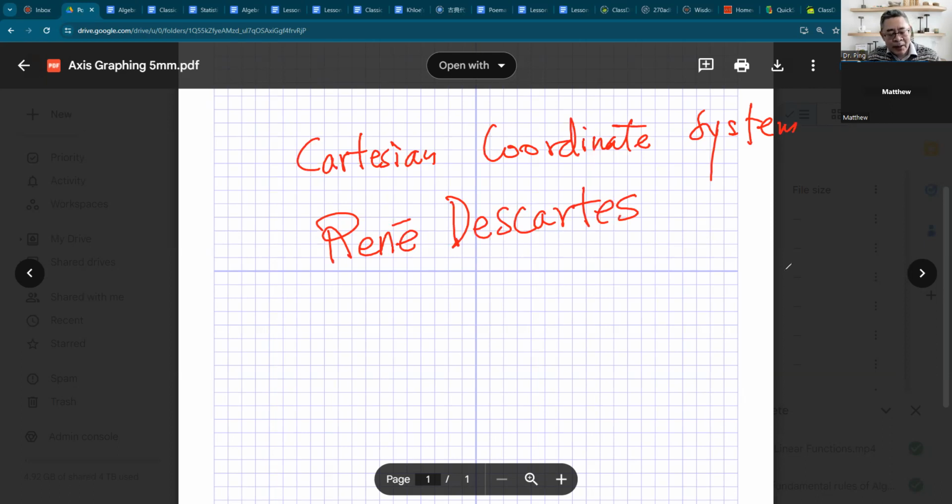So he's the guy who said, I think, therefore I am. Very important philosophical statement. Basically, he was wondering how to describe a movement, like something moving from one point to another. What would be a good way to do that? How can he use numbers to describe it? So he came up with this